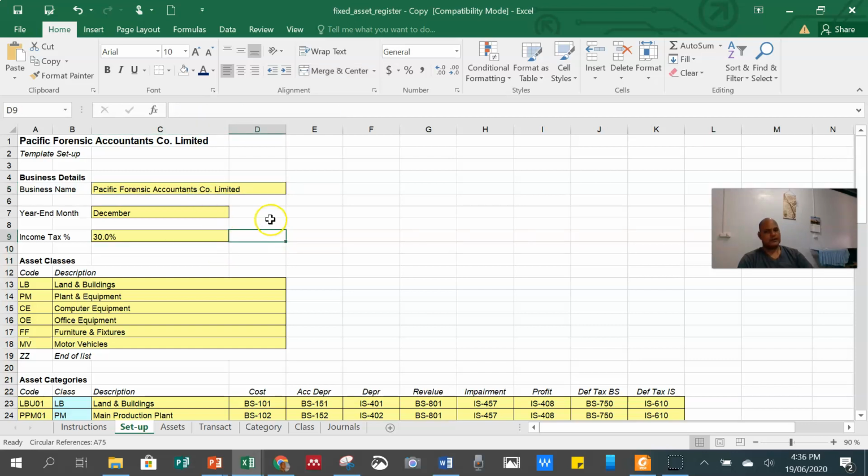So if we look at this, as I have said, why don't we transfer the Word document into Excel? So this is what I prefer. But if you imagine this Excel spreadsheet, this fixed asset register which I proposed to you, just imagine if we put this in a server, and that server can be accessed by all departments or all staff, and those staff can be given the authority to edit it.